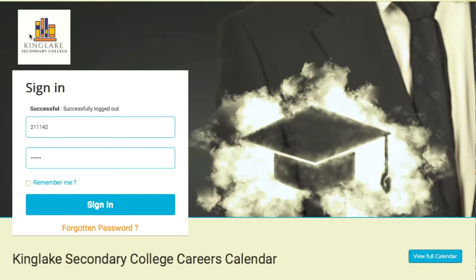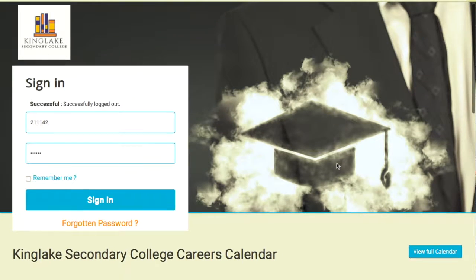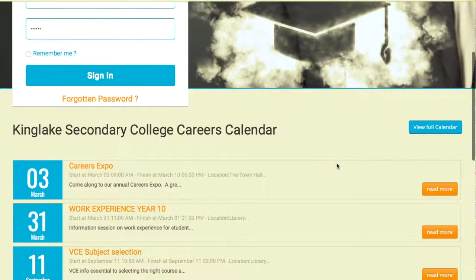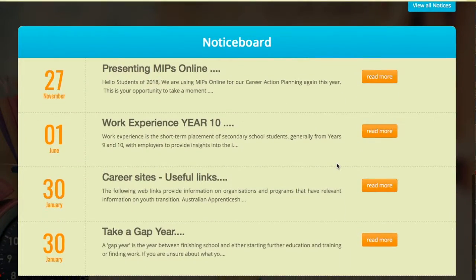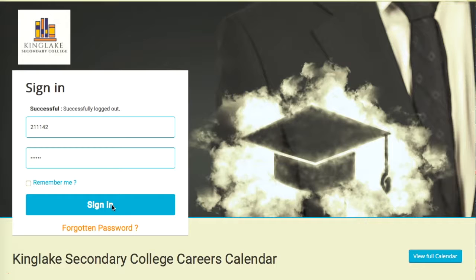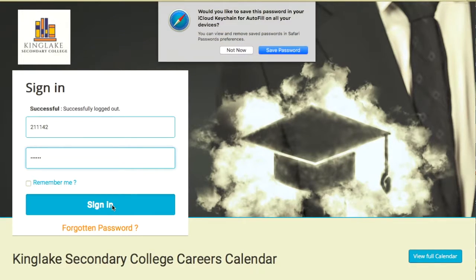So your logo is displayed here. You choose an image of your own or one that we provide for you. You have the option to activate a careers calendar and a notice board. When we log in as the student